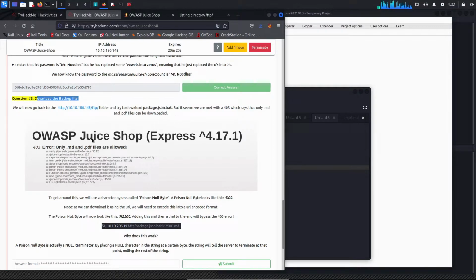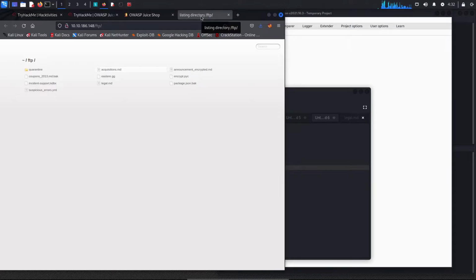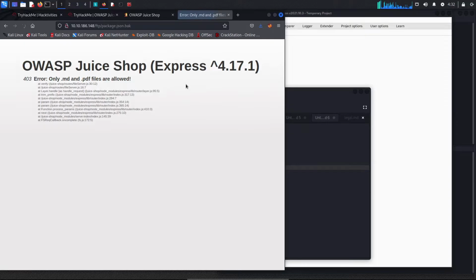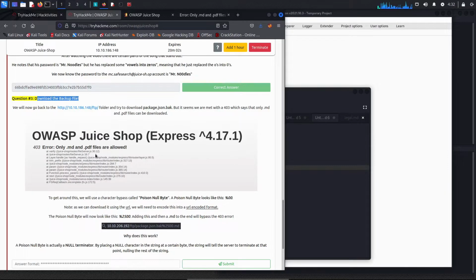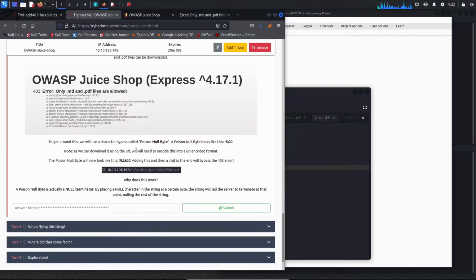What happens is that when we do it, it's going to show this error message. So let's go to the FTP directory, and if we try to download the JSON backup, that's the error message. And to download, we're going to use the Poison Null Byte. So we have the explanation here, so I'm just not going to go through it.